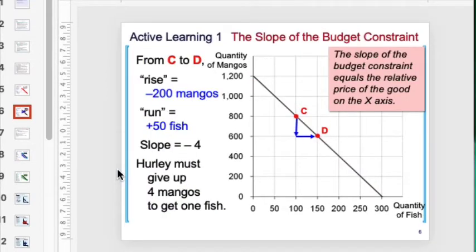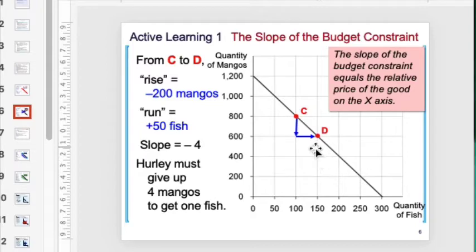So before we move forward, we want to talk about the slope of the budget constraint. What is the slope of the budget constraint saying? So the idea is that if you decide to move from C to D, so you're moving from point C to point D, this means you're giving up 200 mangoes. You go from 800 to 600 mangoes, and you're trading these 200 mangoes for an extra 50 fish,